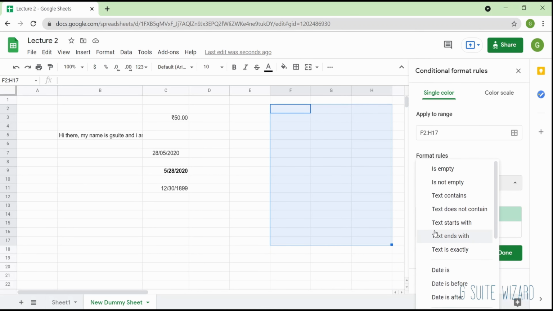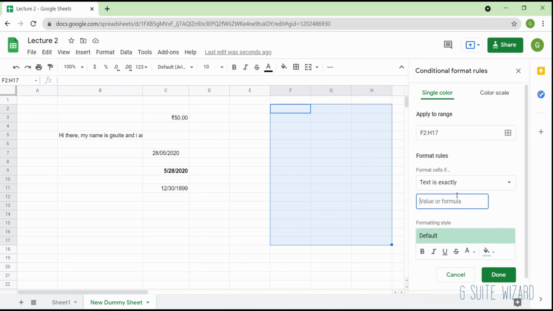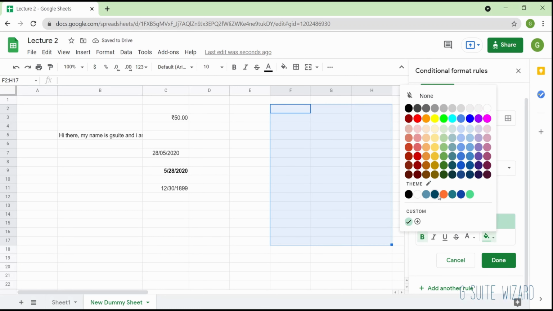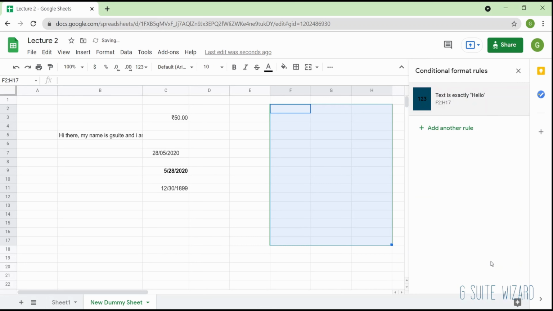Right now, let's not write a formula. Let's say that text is exactly equal to hello. Okay, and I can change the color that it has to be formatted with. I can put it bold. I can change the setting of this color. Okay, done.